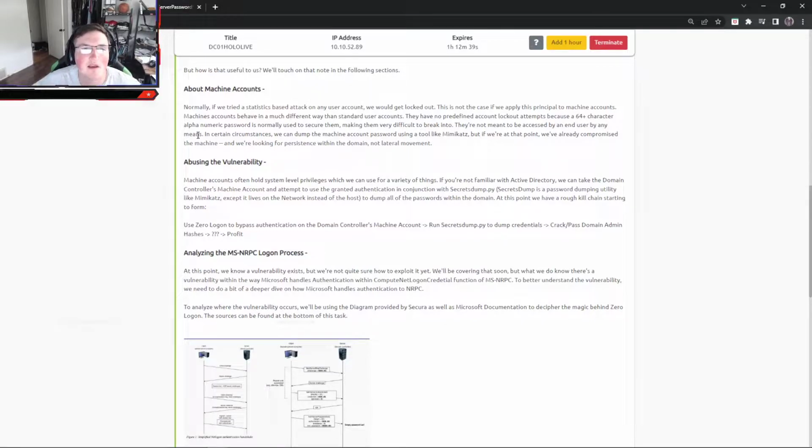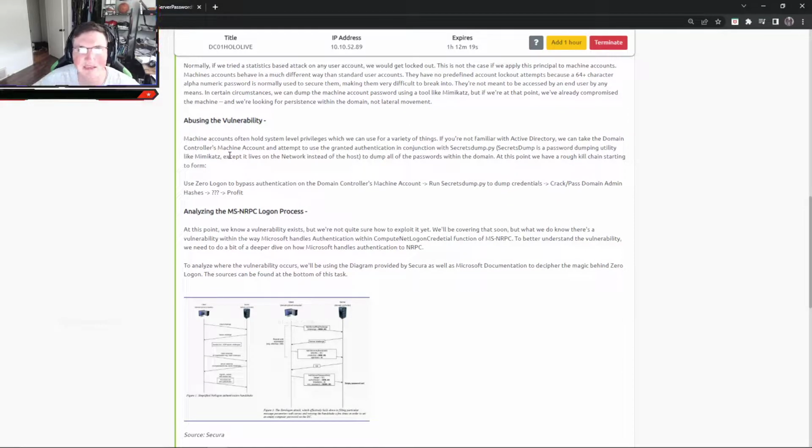It's not meant to be accessed by any user. It's just usually a backup account. It's for a last-ditch effort, when it's disconnected from the domain and you need to get in. Okay. You can use tools like Mimikatz to dump these, but that means you've already compromised the machine, because you had to get Mimikatz on the machine, which means you probably already took it over, so it's not really that useful at that point. Especially if you take over a machine's admin account, people think, oh, I got the admin account. Yes, you do, but that's just for that machine.